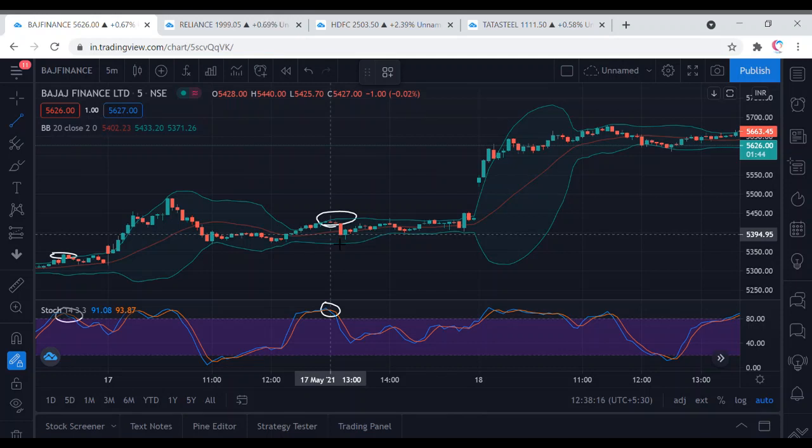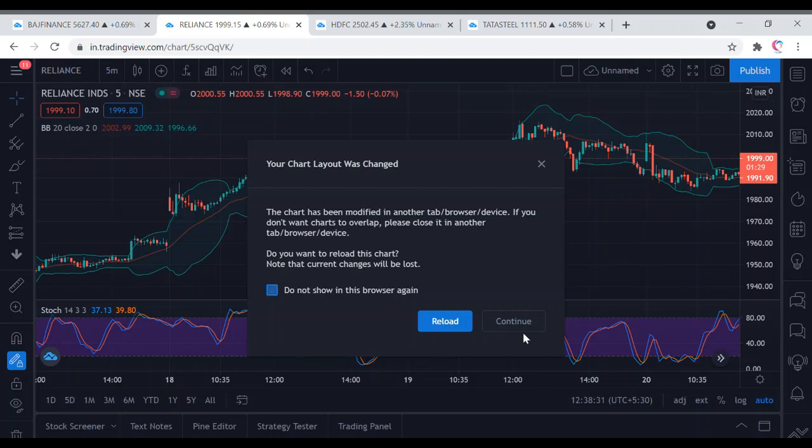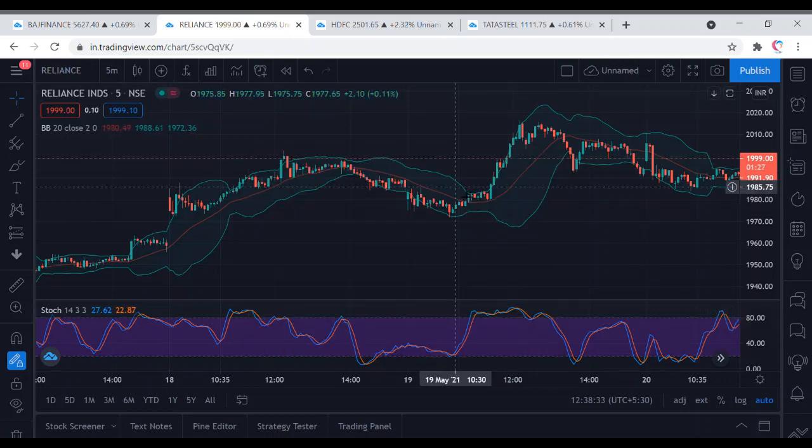I'll be getting out of the trade. So I have scalped the profit in 5 minutes. I won't need to take the trade anymore. Okay, I'll be looking for another trade. So now we will be going to another company's charts. So this strategy gets hammered into your brain.